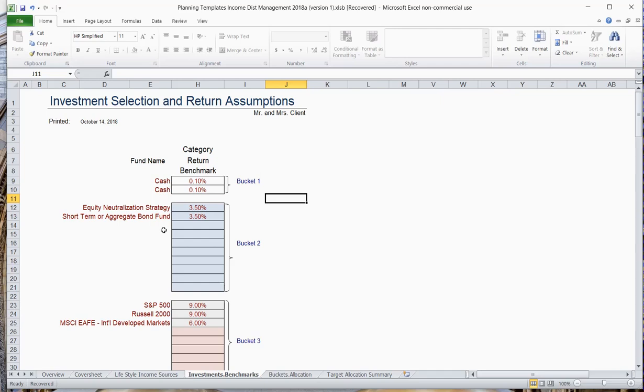Bucket number 2 is intended for something that gives a better return than cash, but it's positioned to insulate it somewhat from normal market ebbs and flows while supplying a high degree of liquidity. And I'm sure that this particular bucket is probably the most debatable point on what types of investments are appropriate. I would tend towards, in this example at least, I'm using an equity neutralization strategy, and this is a